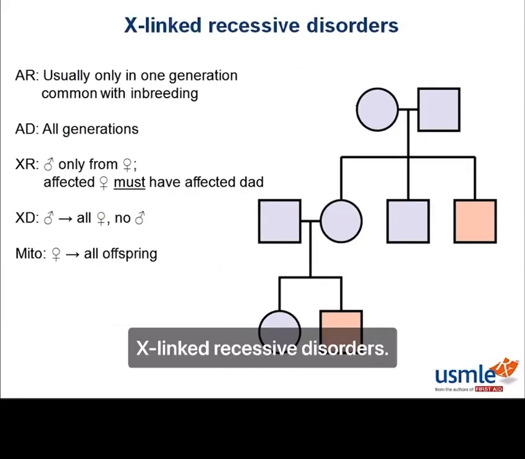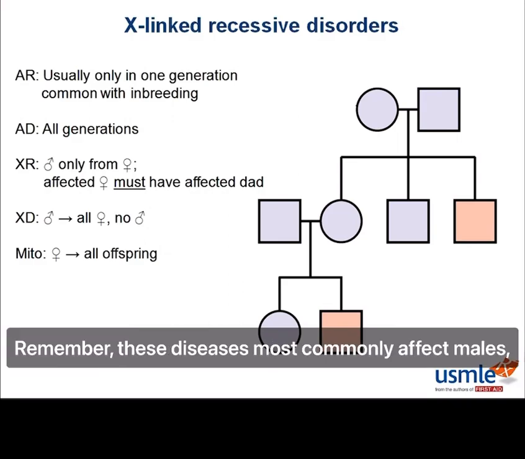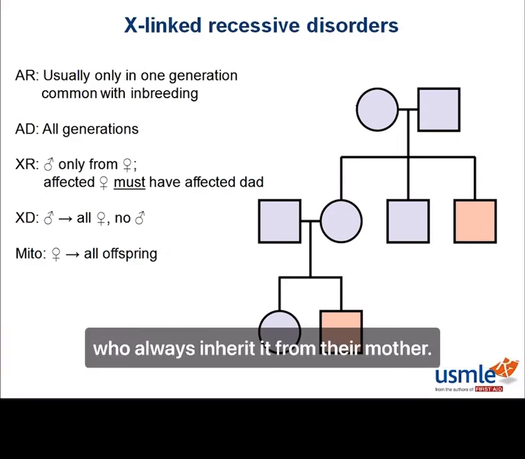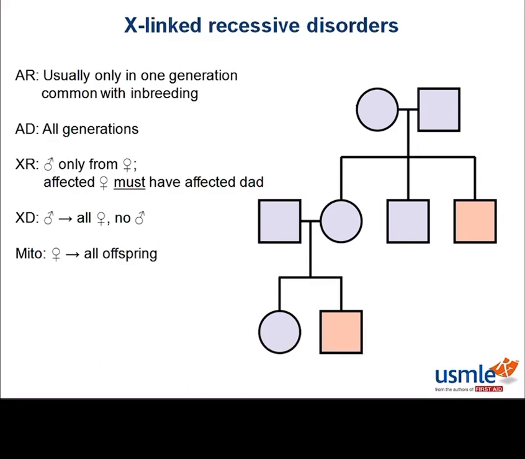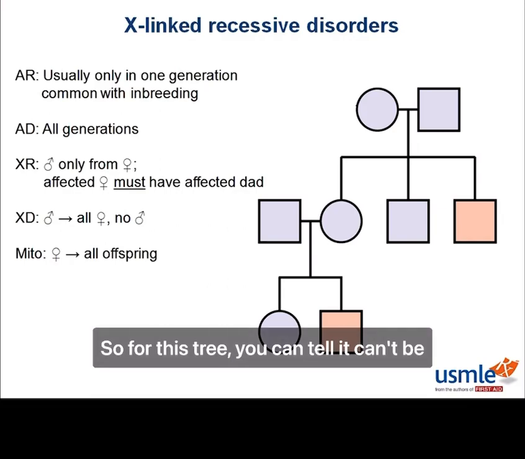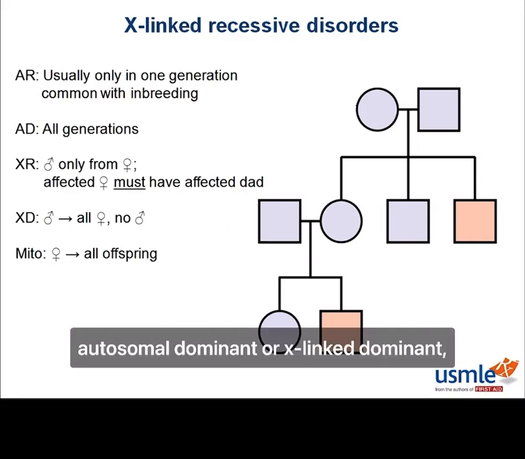Okay, let's talk about X-linked recessive disorders. Remember, these diseases most commonly affect males who always inherit it from their mother. You can identify these in a family tree using the process of elimination. So for this tree, you can tell it can't be autosomal dominant or X-linked dominant since you don't see it